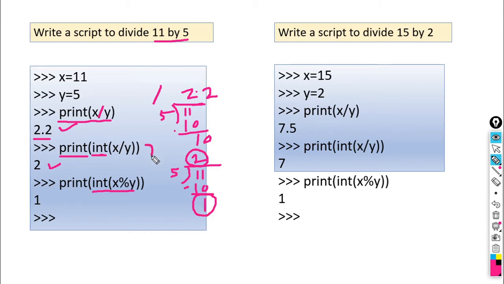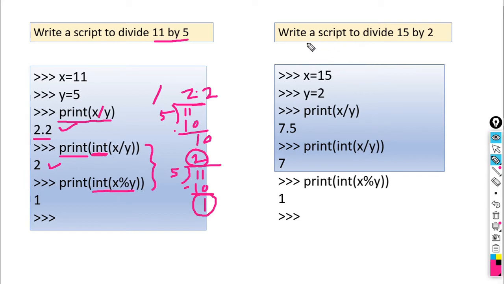So these two statements perform integer division: one gives you the quotient, and the other gives you the remainder. When we use x / y directly, you will get the fractional quotient. So with the help of int, we can convert the fractional part to an integer part. So this is the first example.